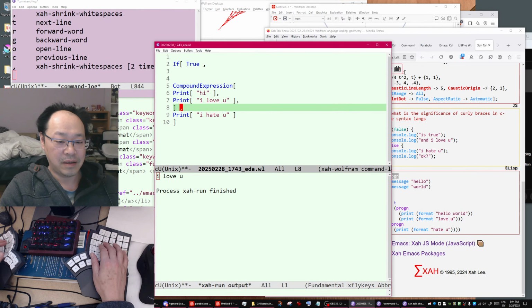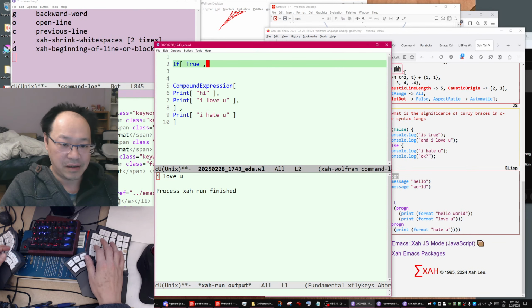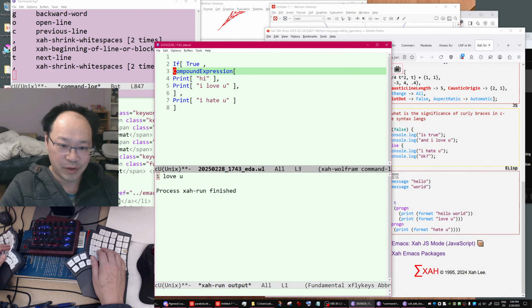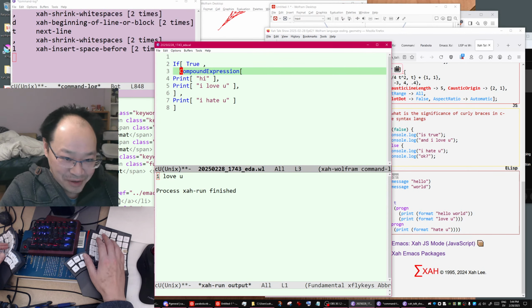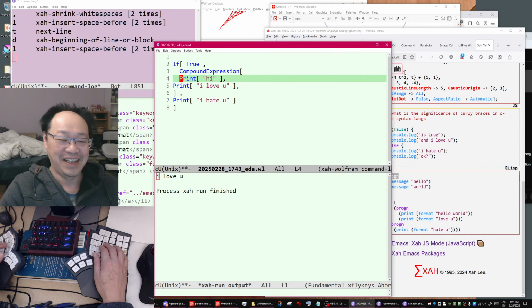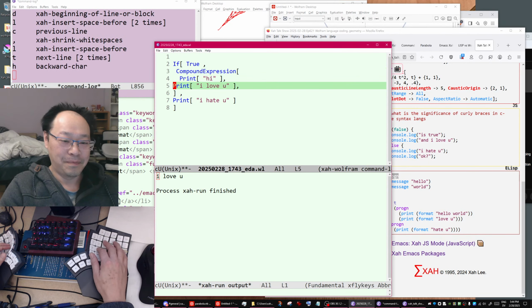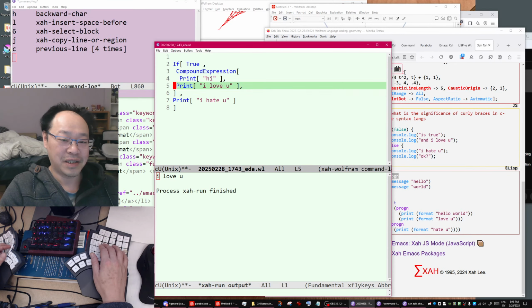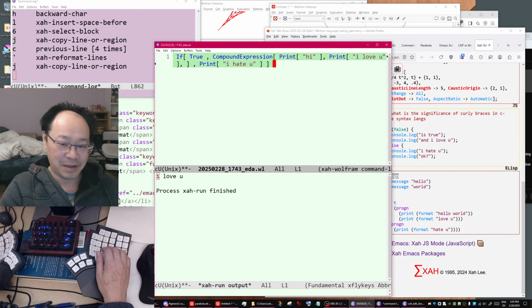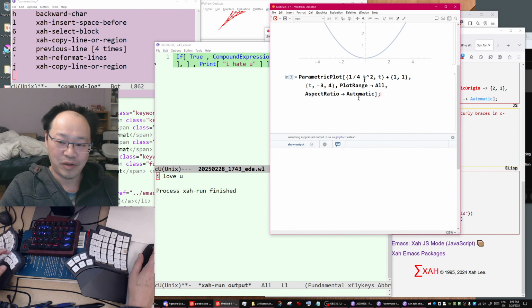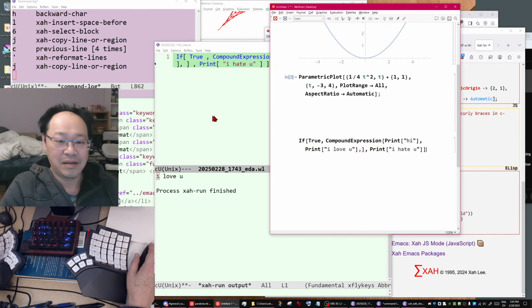I don't have a pretty formatter in Emacs for Wolfram language, so you have to manually do the indent, but anyway. If you copy the whole thing, go to the Wolfram language and paste it, you get a mistake.